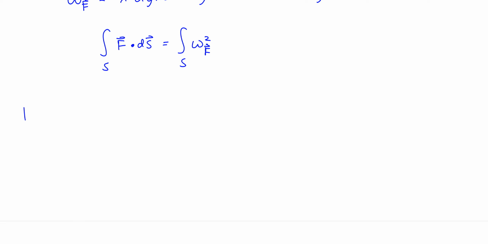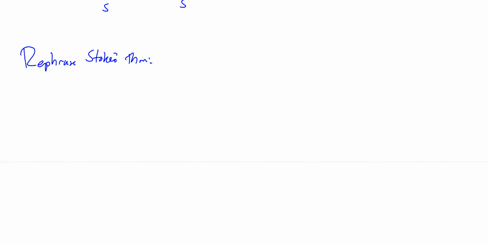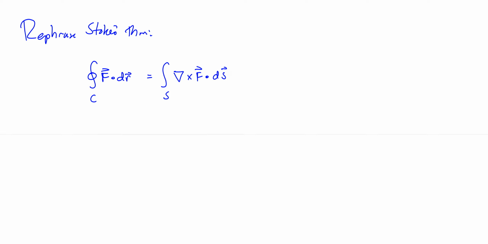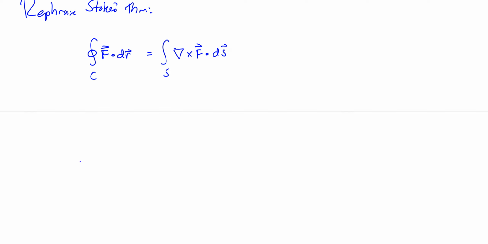Okay, so let's rephrase Stokes' theorem. And this is not going to be too complicated based on what we've already done. So remember, Stokes' theorem said if we look at the line integral around C of a vector field F, this was S, and then we had the curl dot dS, and we just had to make sure the orientations matched. Well, let's think about what each of these things are. So we know